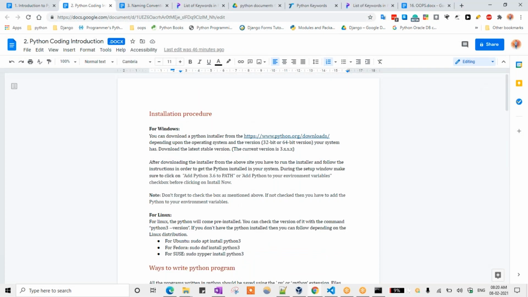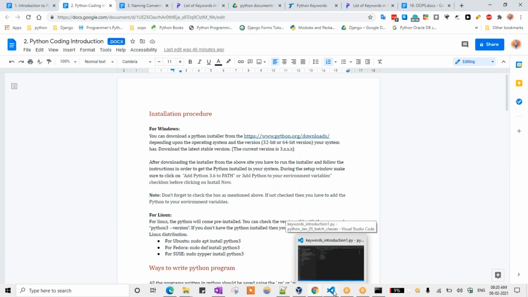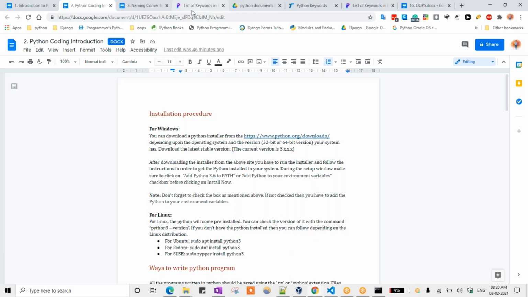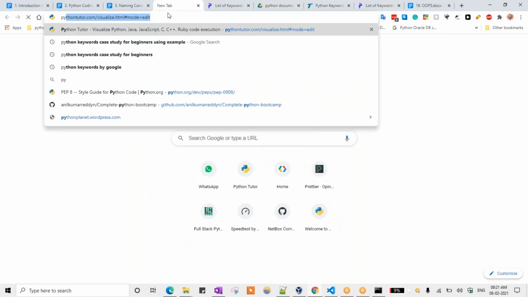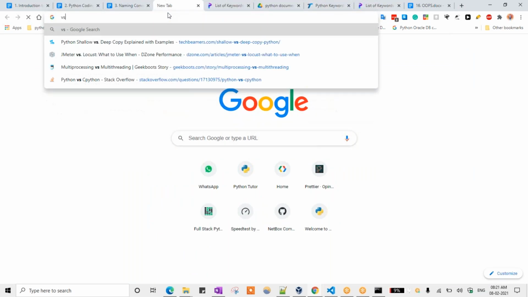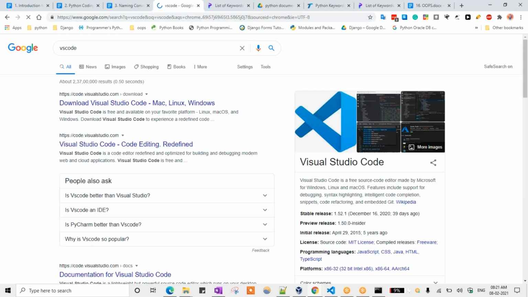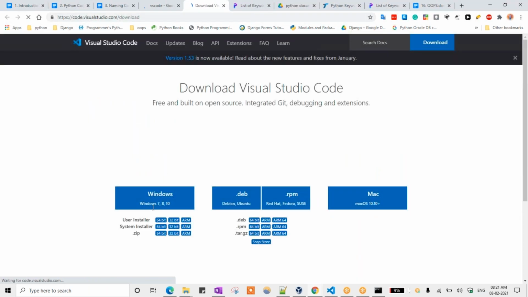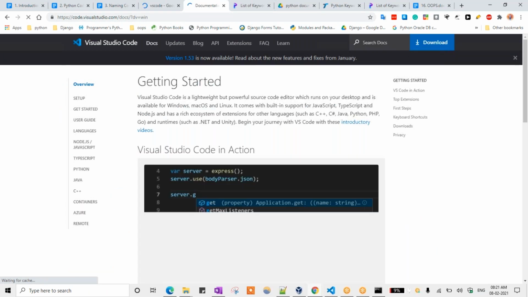So how can we do that now? Installation part I already explained here, right? So now I will explain how to install VS Code or Notepad++, whatever you want, PyCharm or whatever it may be. Okay. So just go to a new tab. Here you can search for VS Code. Click on this, download Visual Studio Code. So click on Windows. As you are having different things, you can download anything, no problem.